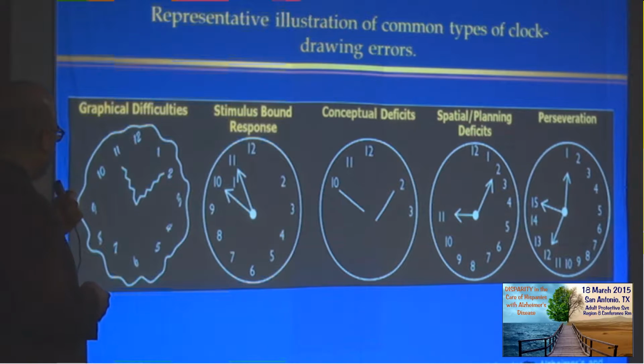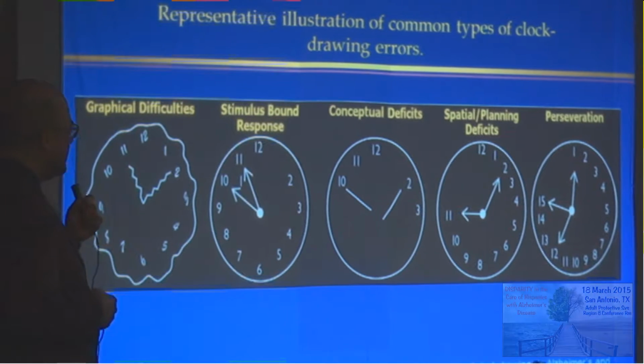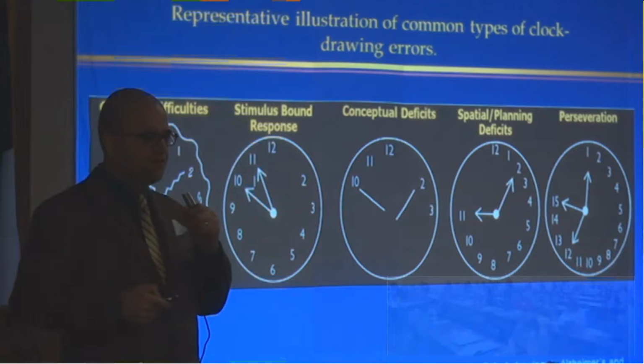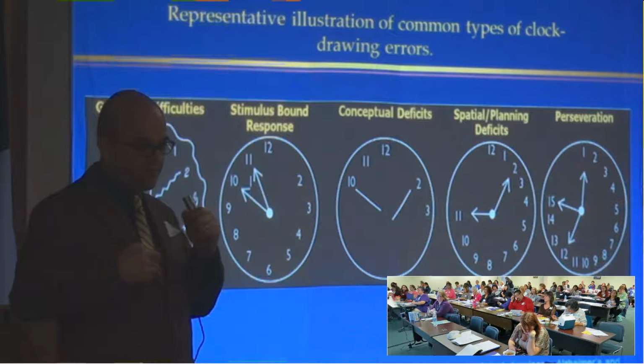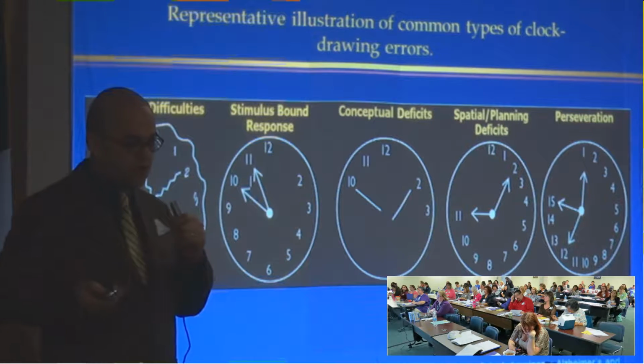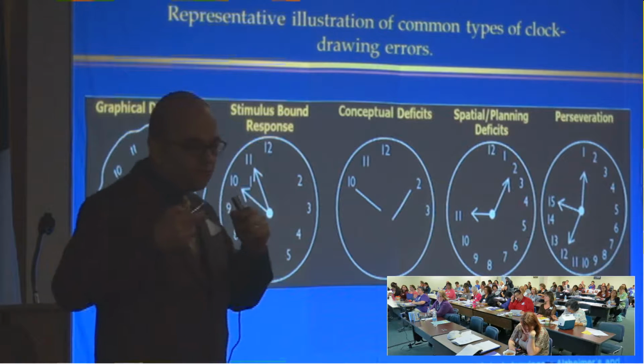So basically, graphical difficulties. This is frontal lobe function. A stimulus-bound response. That means, when you give the verbal instructions to draw a clock,